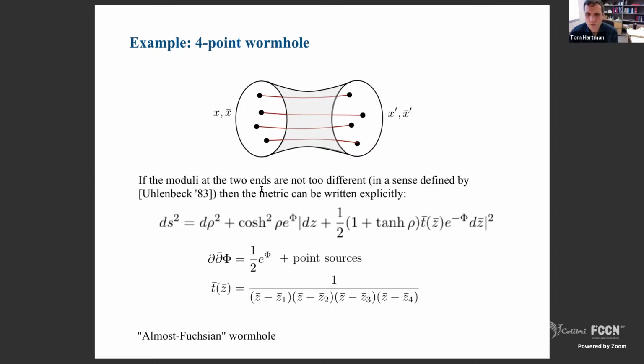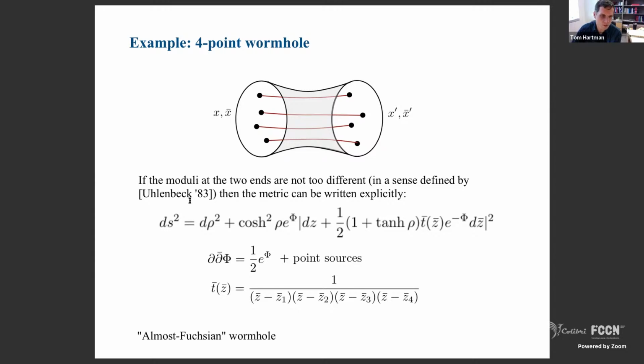If the moduli at the 2 ends, that is these cross ratios, are not too different, in a way that's been studied by mathematicians long ago, then this is related to what's called an almost Fuchsian group. So the solutions of 3D gravity are related to quotients of H3 by subgroups of SL2C. And in this case, it's related to quotients by an almost Fuchsian group, which is a technical